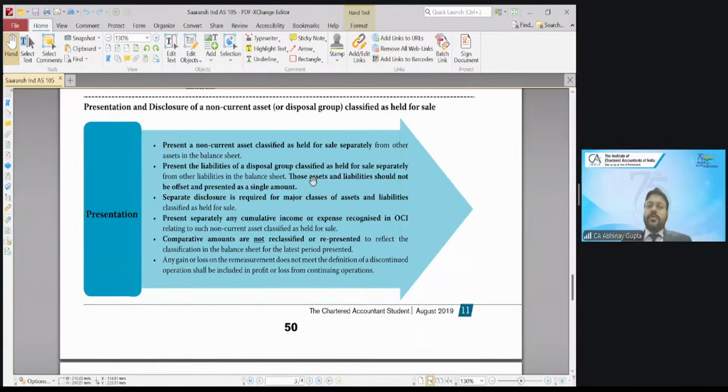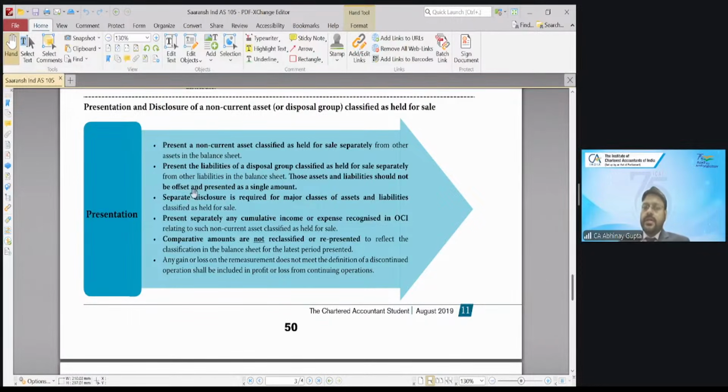Now, in terms of the presentation requirements, what are the specific presentation requirements for these non-current assets held for sale and the disposal groups? So the standard says present a non-current asset classified as held for sale separately from other assets in the balance sheet, right? So we need to demarcate which assets we are planning to sell, separately from all other assets which the management is continuing to use for business purposes, right? So we will be presenting these non-current assets held for sale or the disposal group separately from other assets